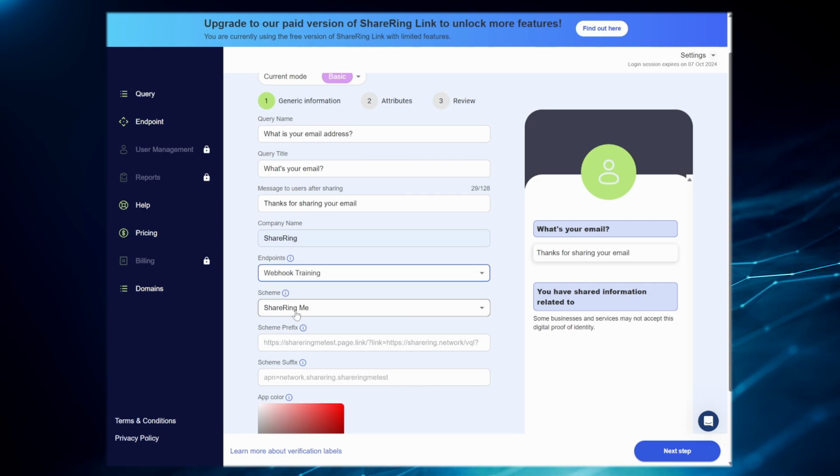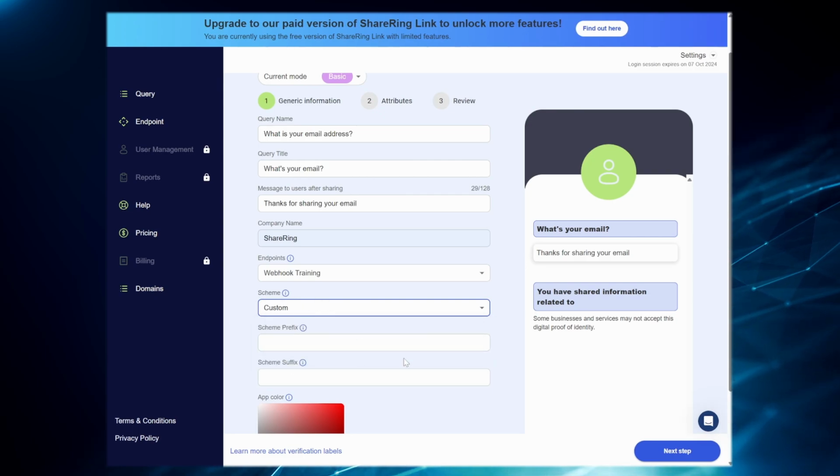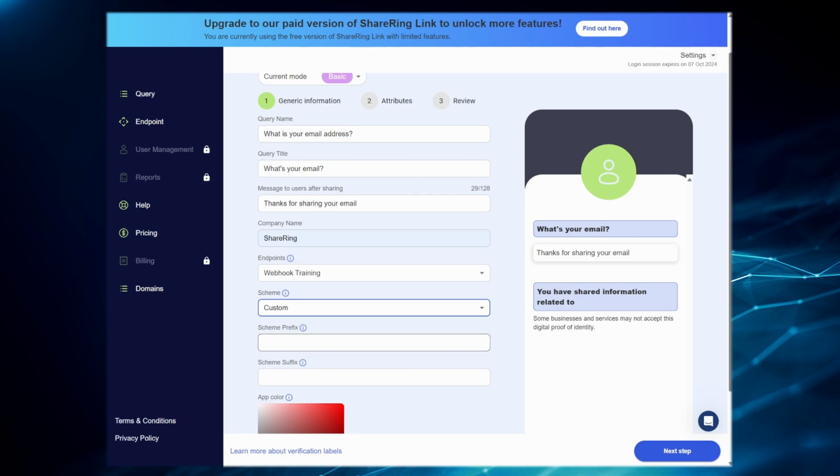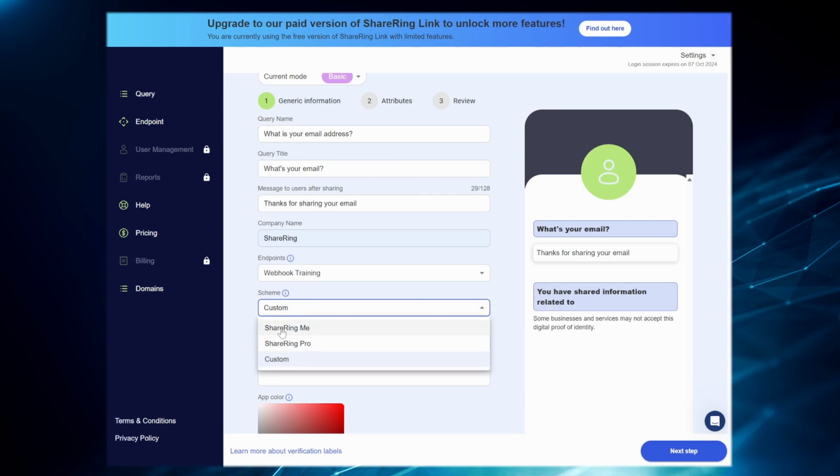And what this scheme says is which app it's actually going to open. So it's open Sharing Pro, Sharing Me, or if you are running a white label version of our app, like some companies are, then you simply click custom and we will give you the scheme prefix and suffix. But in this case, I'm going to use the Sharing